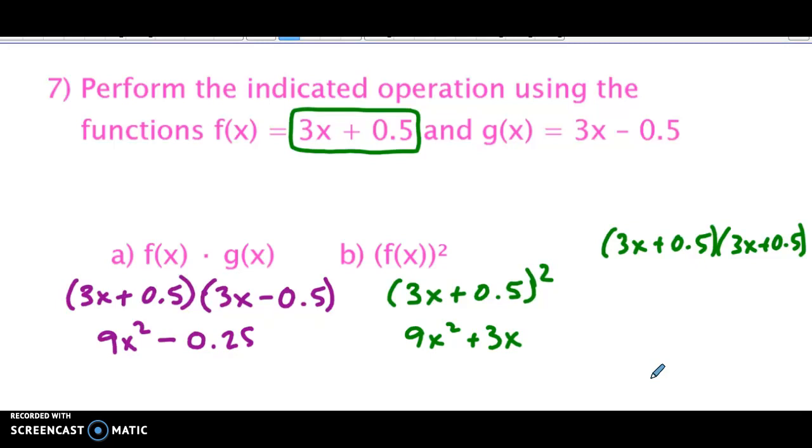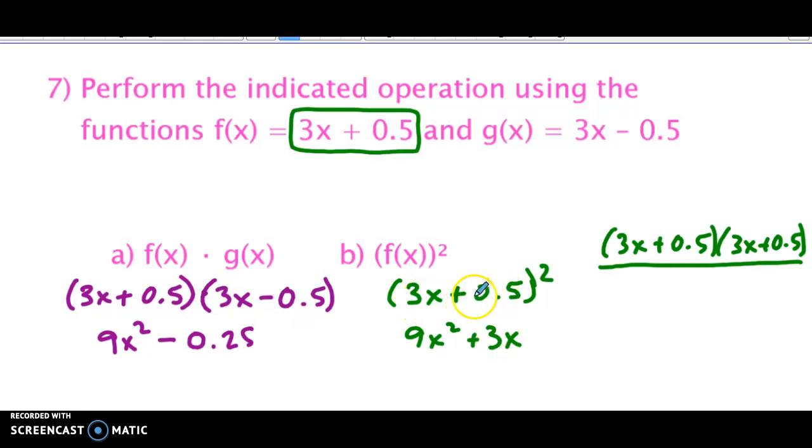So we were doing our binomial squares pattern. So we wrote it out here so that we could see both factors. So we took our first term and squared it, and we got 9x squared. We were taking the product of our outer terms, so 3x times 1/2, and we were doubling it. Because we're multiplying by a half and then doubling, and taking half canceled, we got right back to